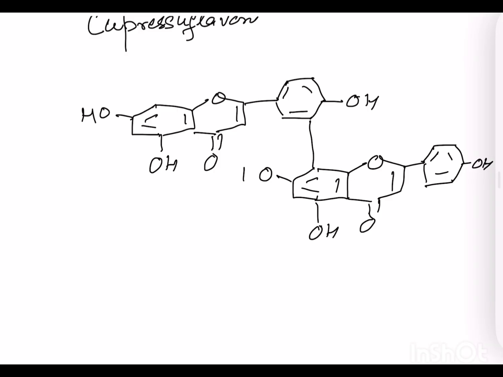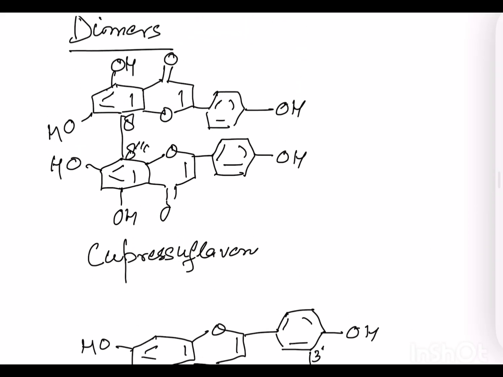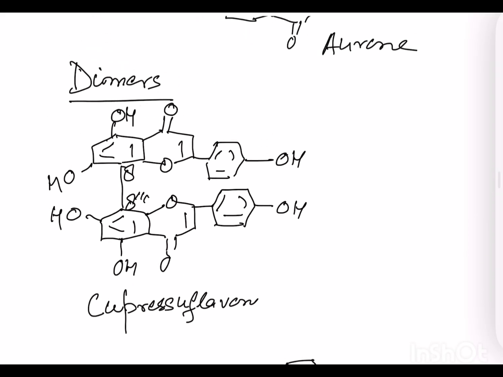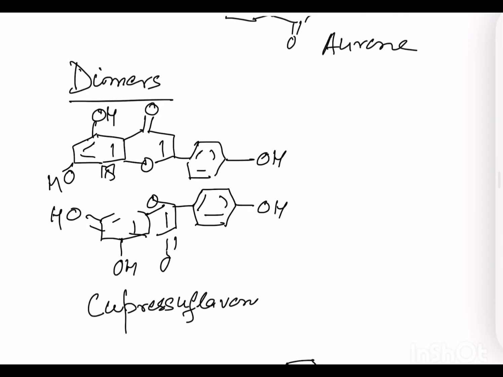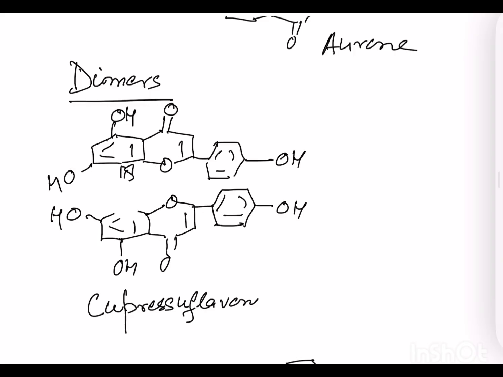Now here there is a correction in this one. In this way, 8 double dash. That's why in this, these are the certain examples of the flavonoids, the dimer, the trimer, and